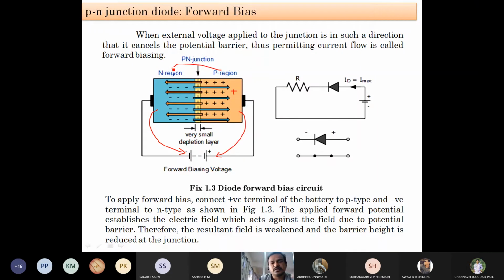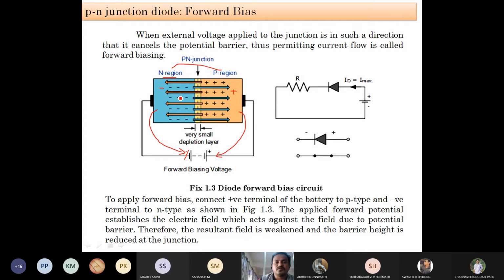Similarly, the flow phenomenon of electrons which are majority in the N region. This N region is connected to the negative terminal of the battery. Obviously, electron is also minus, battery terminal is also minus, and minus polarity is going to repel each other. So what is the destination for the electrons? All electrons are eager to reach the positive terminal of the battery. Where is it? Obviously, it is there in the P region because positive is connected to the P region.